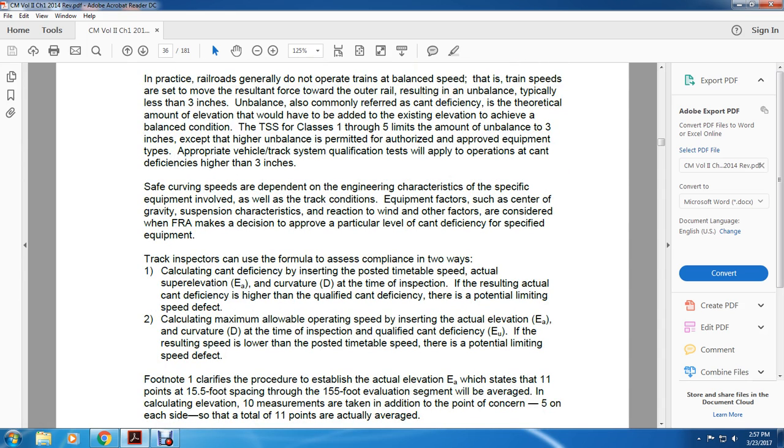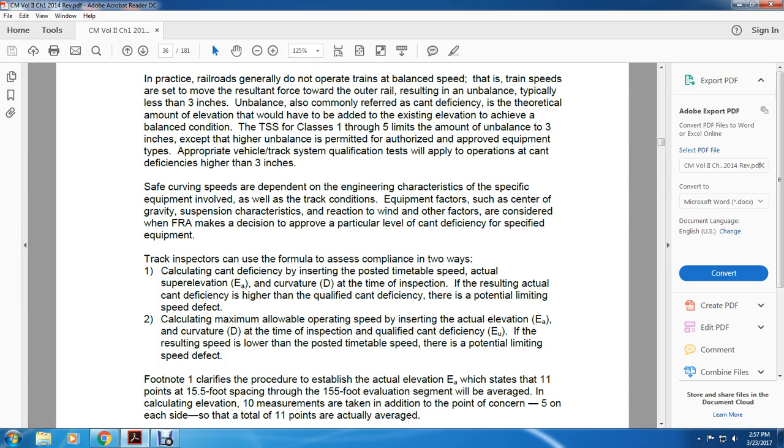Safe curving speeds depend on the engineering characteristics of the specific equipment involved and the well-conditioned track, including factors such as the center of gravity, suspension characteristics, and reaction to the wind. Other factors are considered in the decision to approve a particular level of cant deficiency specified for the equipment. Track inspectors can use the formula to assess compliance in 2 ways: calculating cant deficiency,